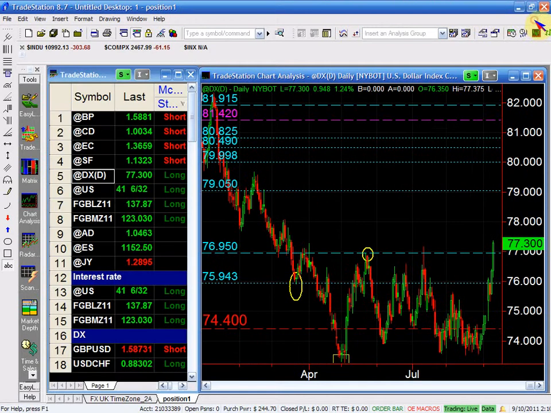Now, the next one I want to look at, since I'm looking at the dollar, is the other pair that we know, of course,